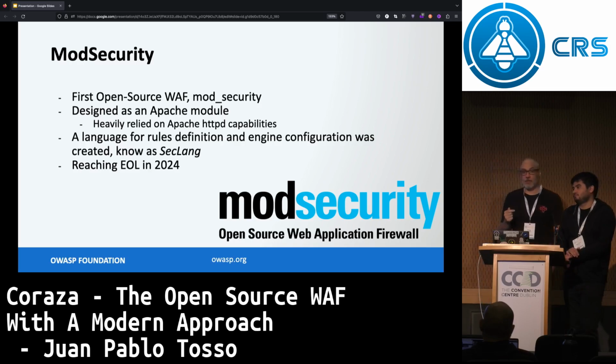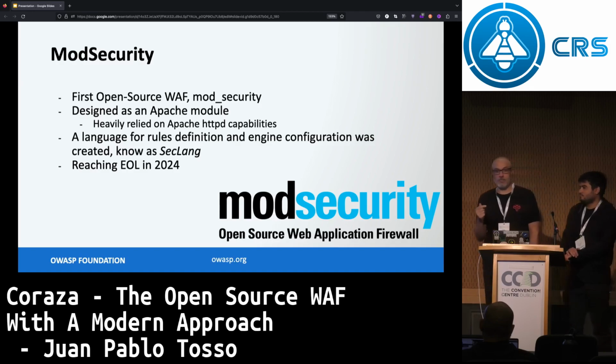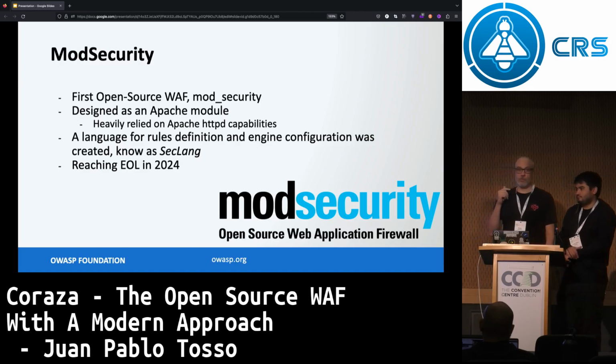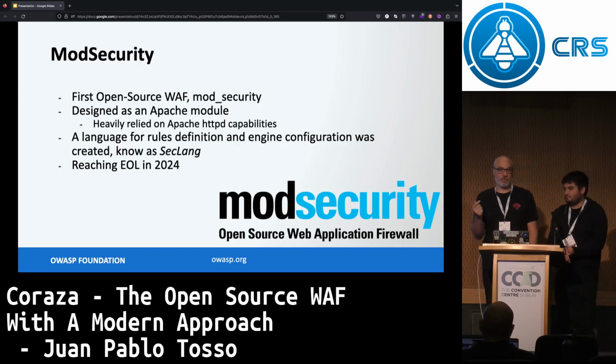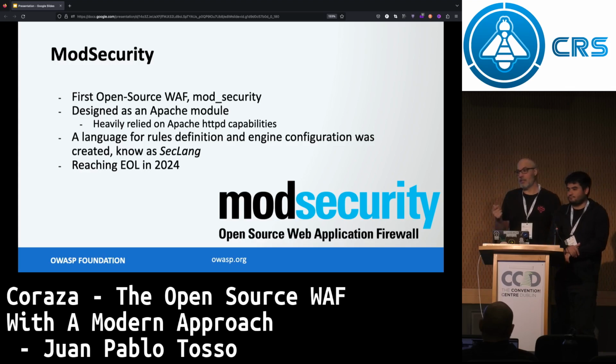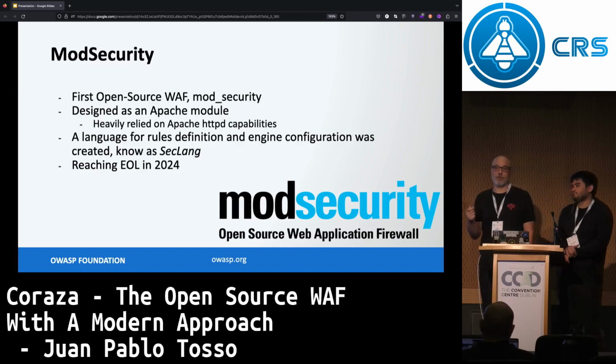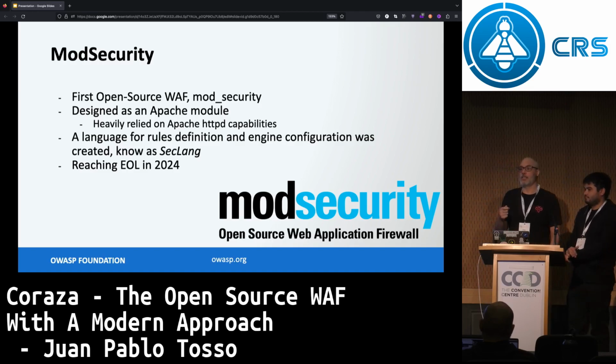We can say that there were attempts by the OWASP Foundation to speak with Trustwave for getting to know what is going to be in the future with the project and trying to get it even into the umbrella of the OWASP Foundation. But those talks still are, we need to keep talking in the future about this because there is no clear definition about that. So right now we are in a limbo and we don't know what's happening with that project, basically.